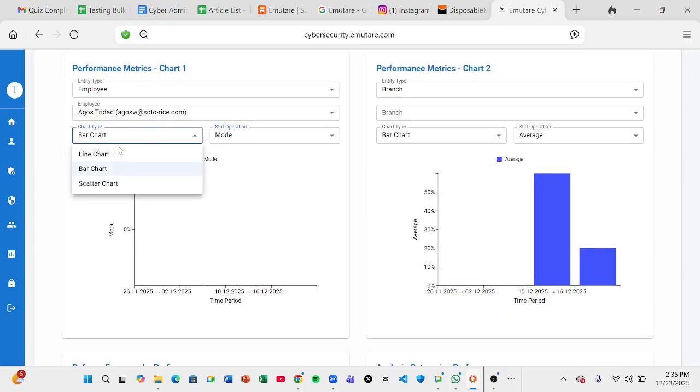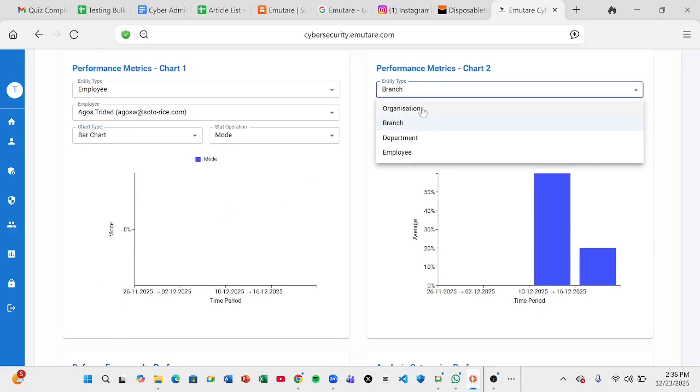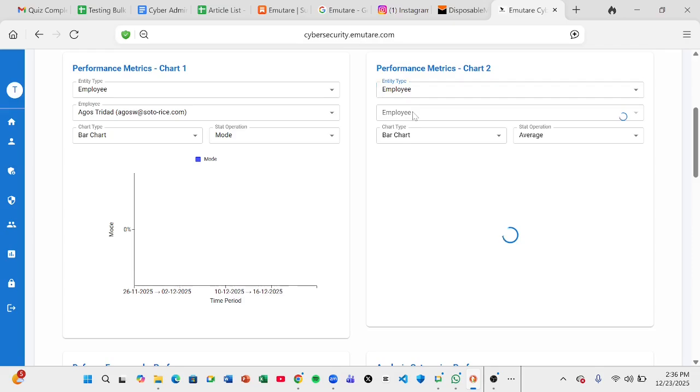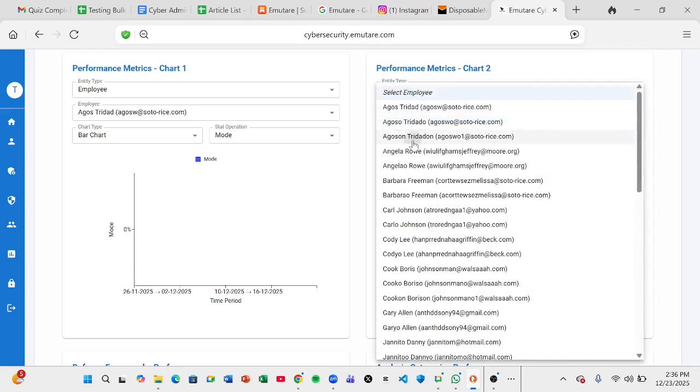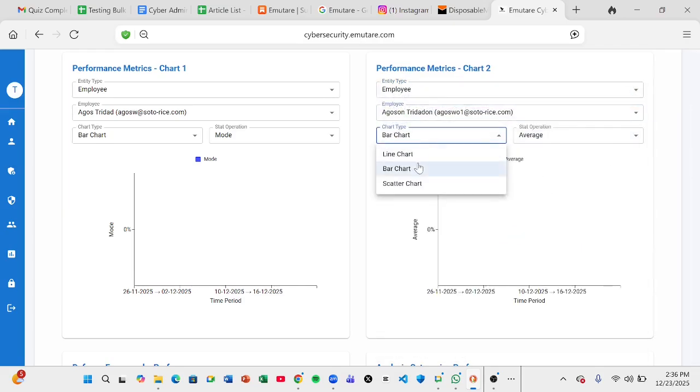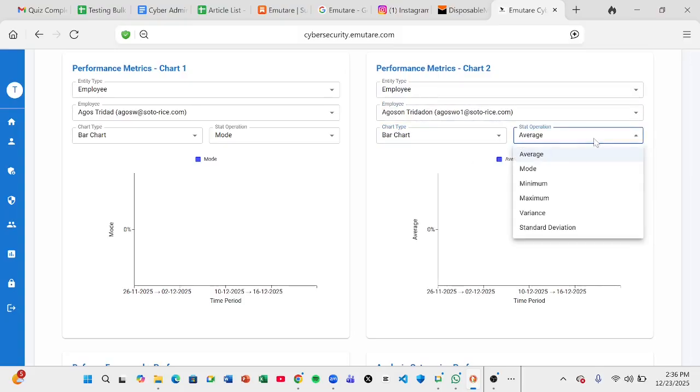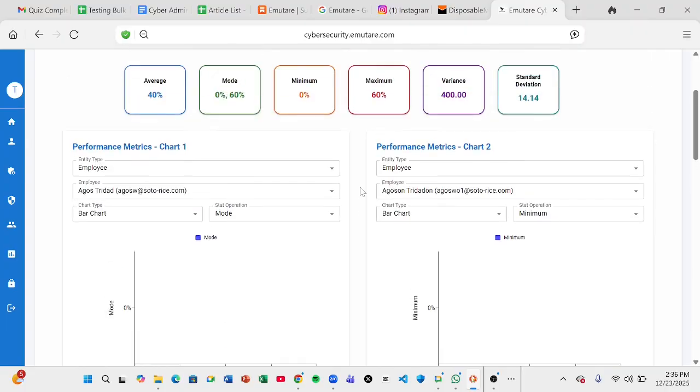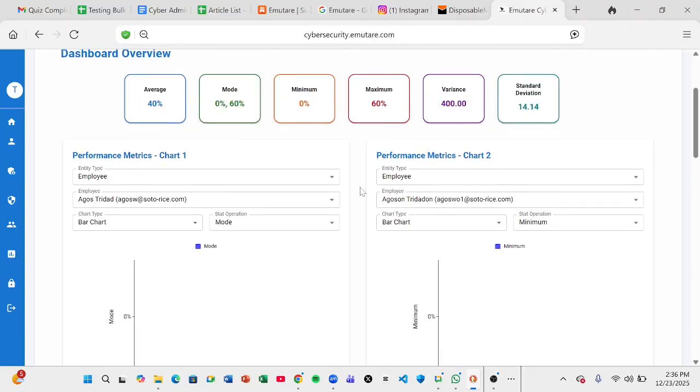This employee has not taken any assessment yet, but this is how to visualize employee data, right? This is how to view employee metrics. Okay, next is